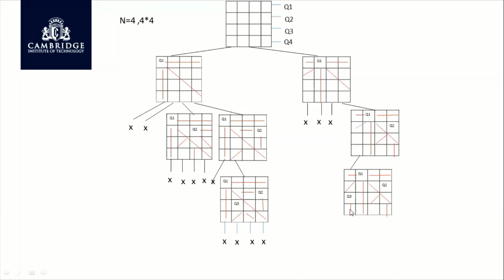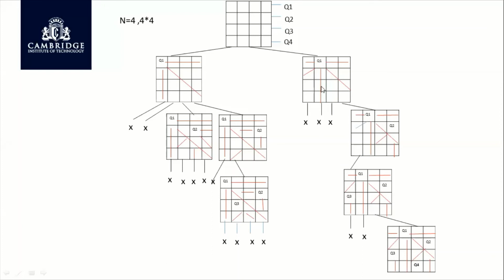Now, do we have a position for placing queen number 4? Yes, ma'am, we have a position. So we place it. The first 2 are not possible. Then the third, is it possible? Yes. So in the third column, the fourth queen is placed. So have we completed the solution? Have you been able to place all the queens? Yes, ma'am.